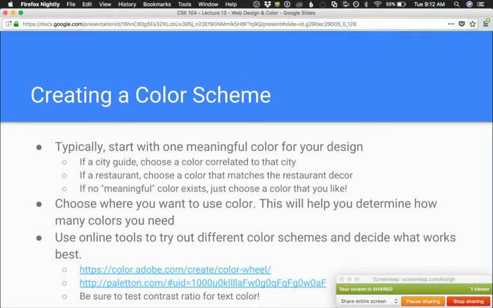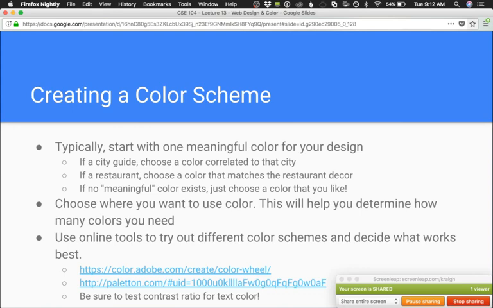Whether you want to use triad colors to create a really vibrant site, or if you want to use split complementary to have two colors to work with and contrasting with your third. Or if you want to use just complementary colors to have a vibrant foreground and background, something along those lines. Once you decide how you want to use color and where you need it, then you can go about deciding your color schemes. And then there are online tools that let you try out different color schemes to